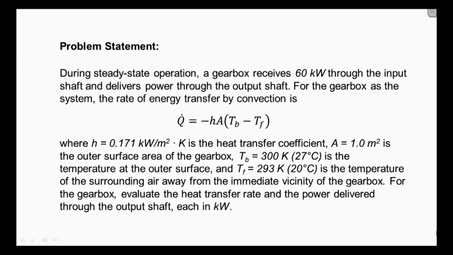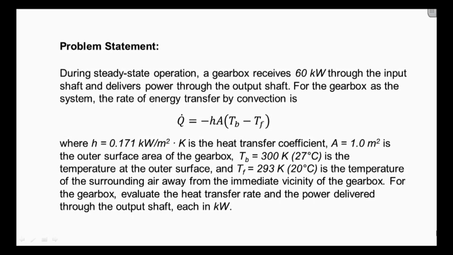Let's look at the problem statement. During steady state operation, a gearbox receives 60 kW through the input shaft and delivers power through the output shaft. For the gearbox as a system, the rate of energy transfer by convection is Q dot is equal to HA times TB minus TF, where H equals 0.171 kilowatt per meter square Kelvin is the heat transfer coefficient, A equal